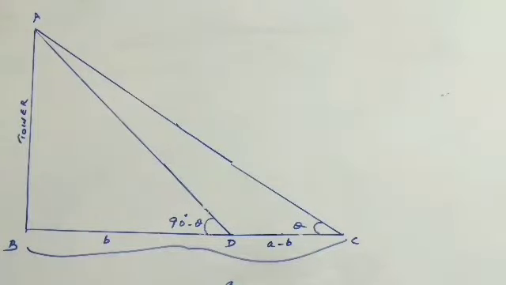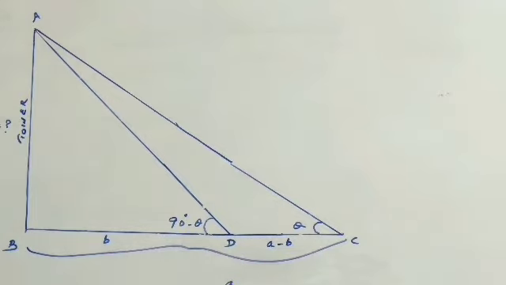So we have to find the height of the tower. On the same straight line, the angles are complementary. So one is theta and another angle is 90 degree minus theta. The distance between B and C is A. The distance between B and D is B. Total distance is A, this portion is B, so the remaining portion DC is A minus B.